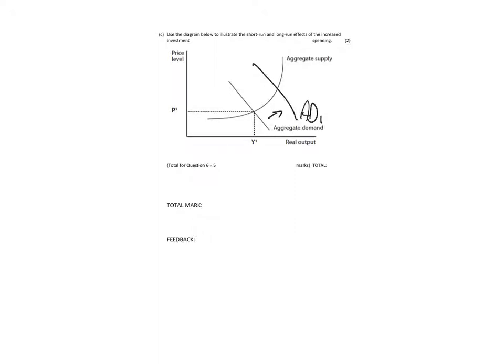But in the long run, increased investment spending, with improved infrastructure, is also likely to raise the productive capacity of the economy. So there are some supply side effects of improved infrastructure, and in the longer term we might see an outward shift in aggregate supply as well. And again, given what I said earlier about completing diagrams, we can show that for those shifts at least,